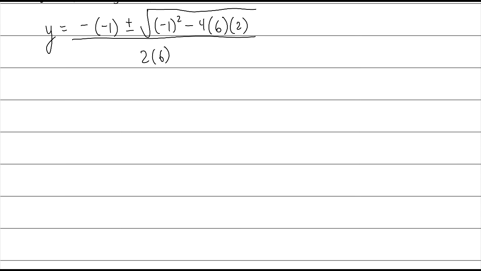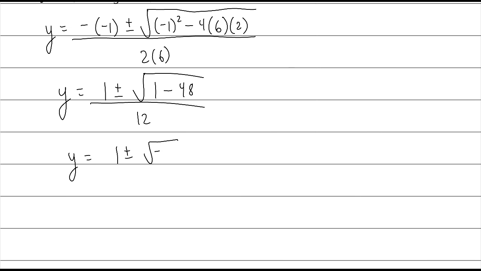Well, what does that mean? Negative 1 is a positive 1, plus or minus the square root of 1 squared, or negative 1 squared, is positive 1, minus 4 times 6 is 24, times 2 is 48. 2 times 6 is 12. Okay, and 1 minus 48